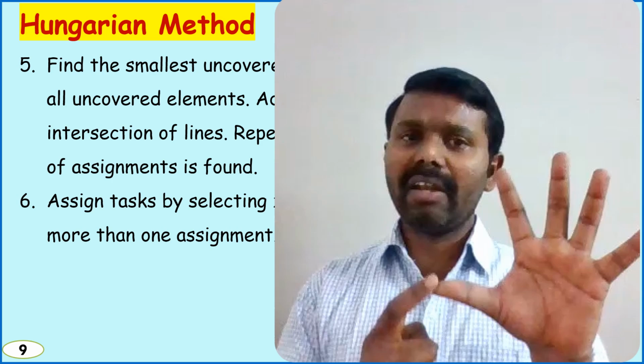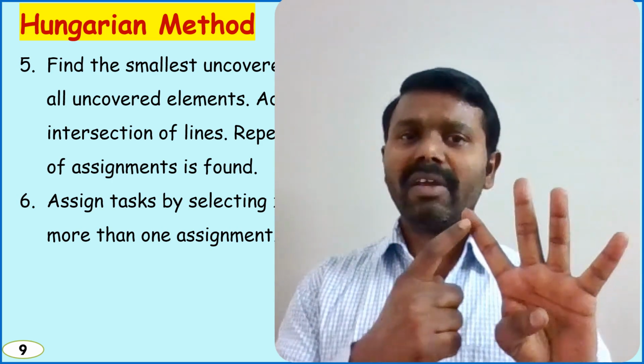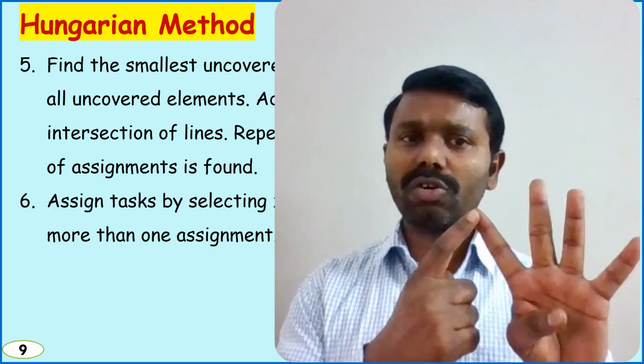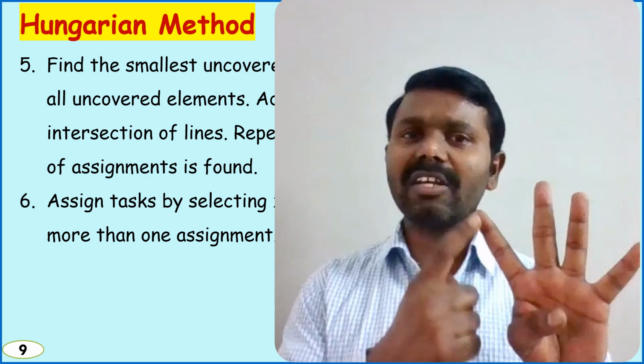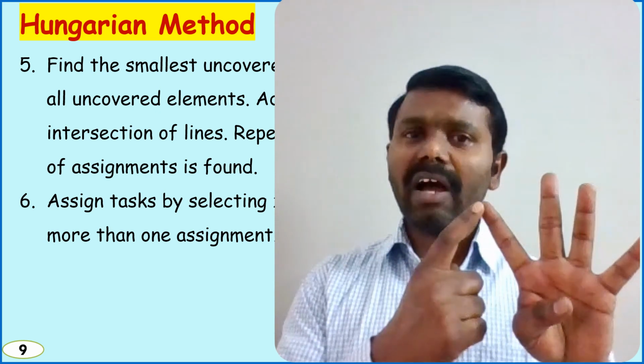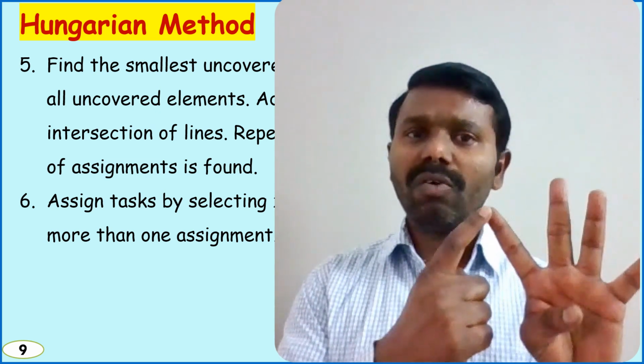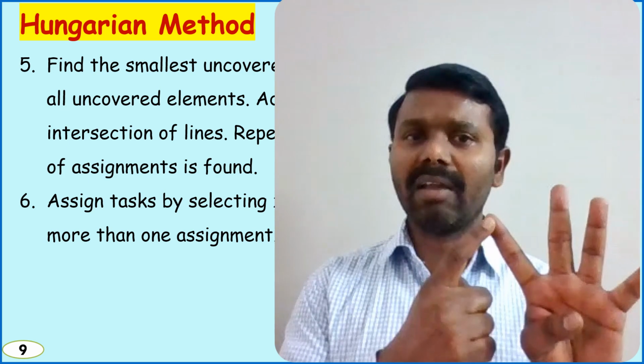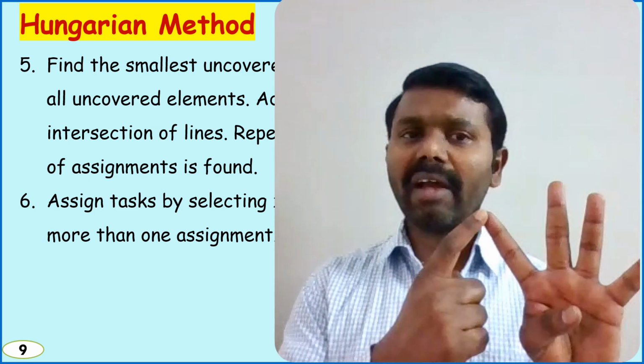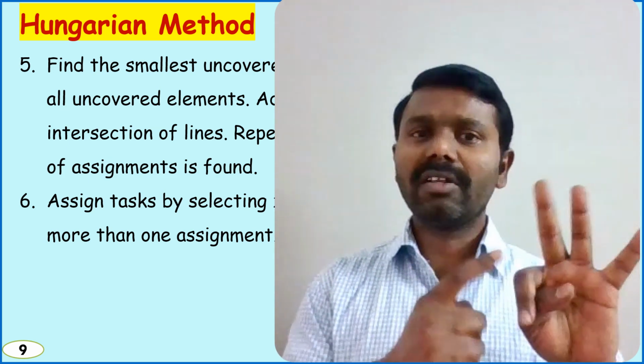Then you go to the column operation. In the column operation, you first go to the first column, identify the smallest value, and subtract that value from every element of that column. Likewise, you subtract in all the columns. Then the third step is